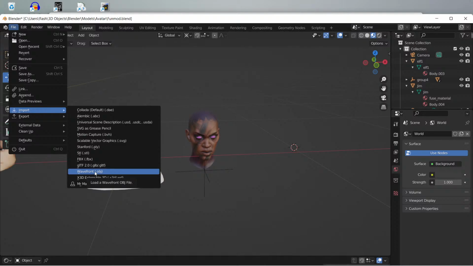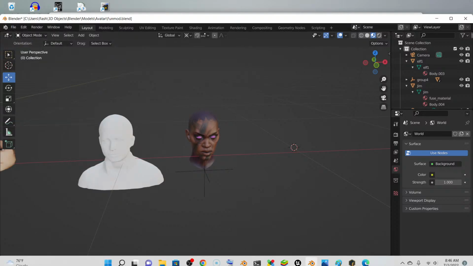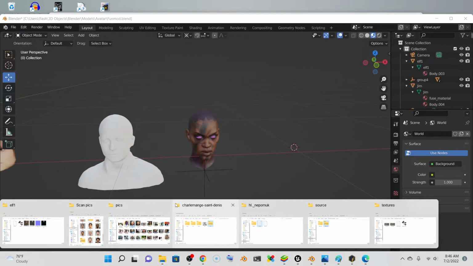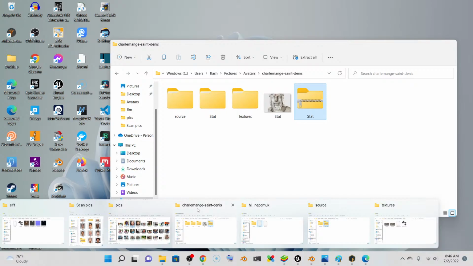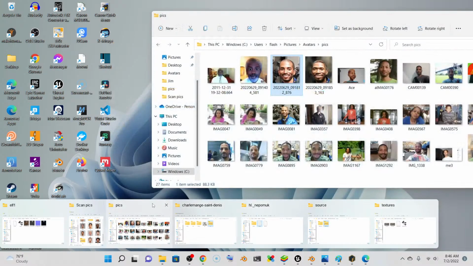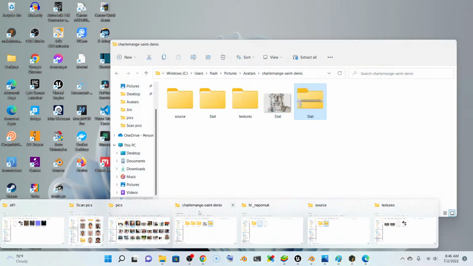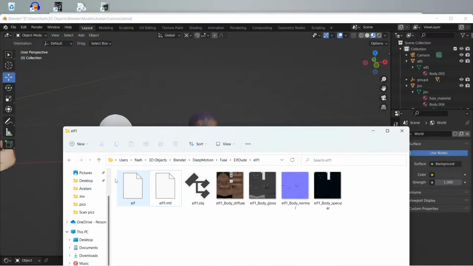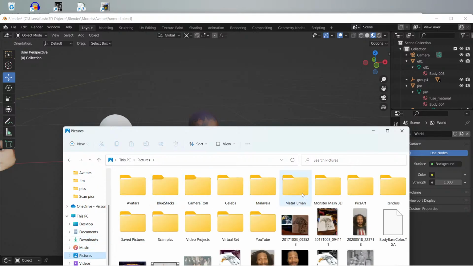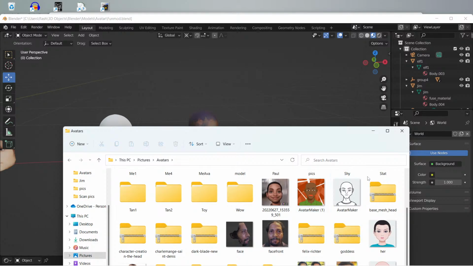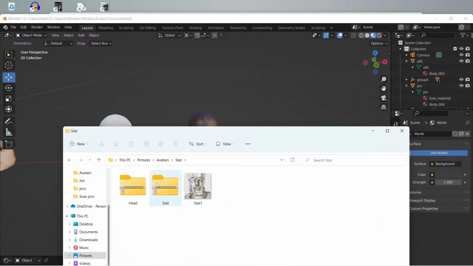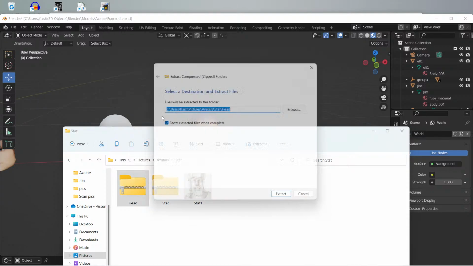So we're gonna move in on a wavefront object, but we're not gonna do it yet. We have to, like I said, extract those files. So we're gonna go to a location where we know the files are at. So I'll go into this one and back out, and then go to the location. So you're gonna have to go through a lot of that on your computer because maybe you don't have things situated the way you want it. So you're gonna have to figure out where you put your stuff at. So let's extract all